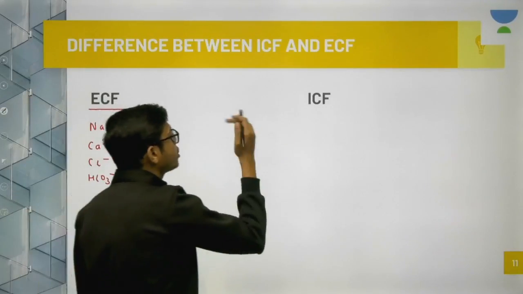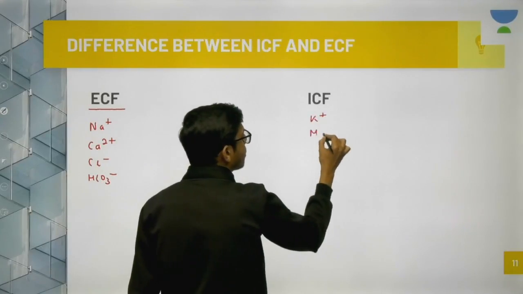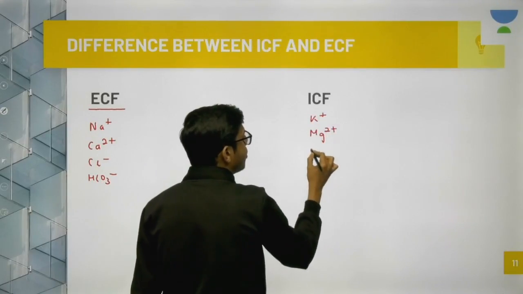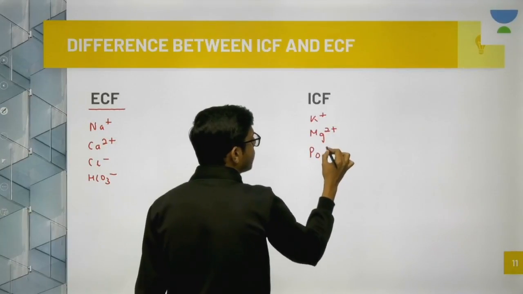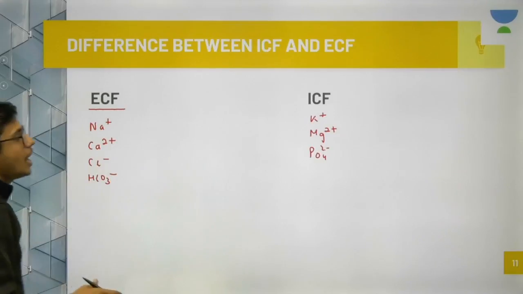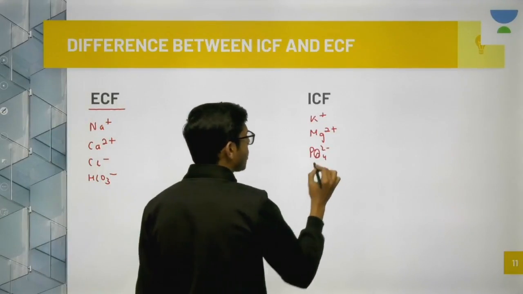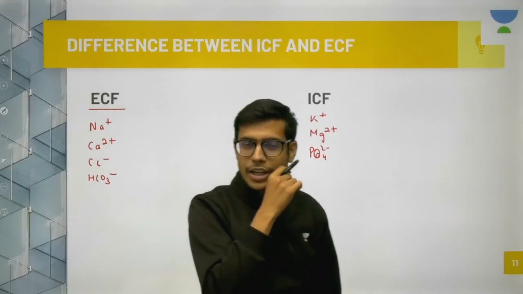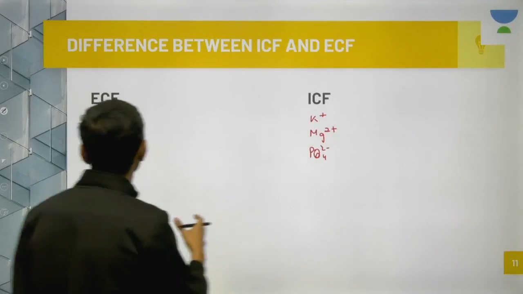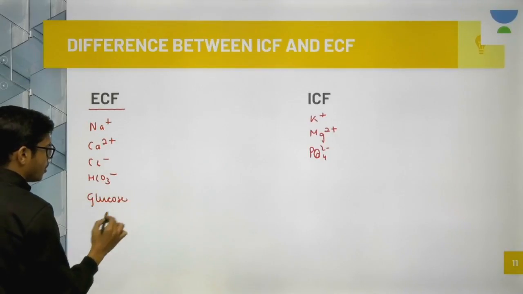Most abundant intracellular cation is potassium, magnesium, phosphate, 2 minus. Yeah, phosphate, right? So this would be our ICF, intracellular fluid, right? And ECF would be also rich in nutrients like glucose for transport, amino acid,